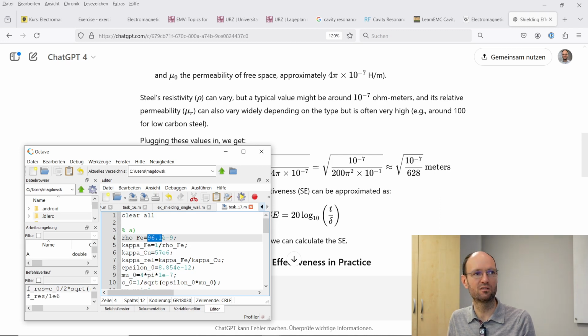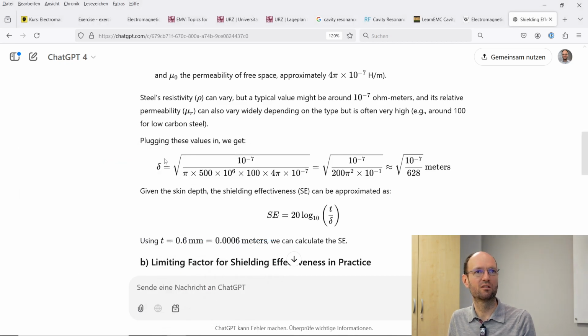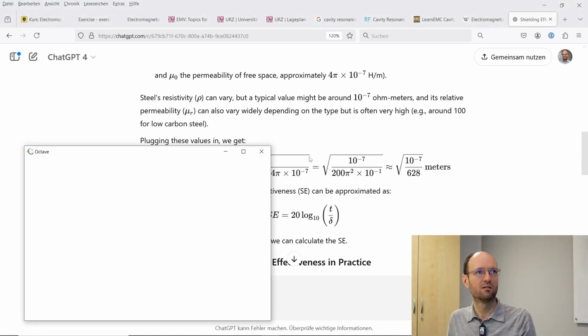Around 100, 10 to the power of -9 is something like 10 to the power of -7. Okay, so this works. So it calculates us some skin depth. Square root of 10 to the power of -7 divided by this meters. I'm not sure, we got something